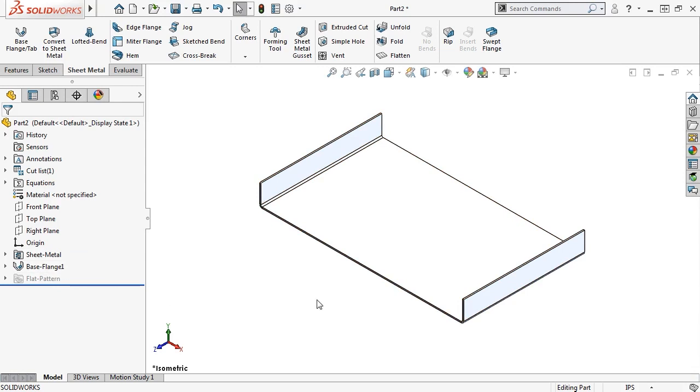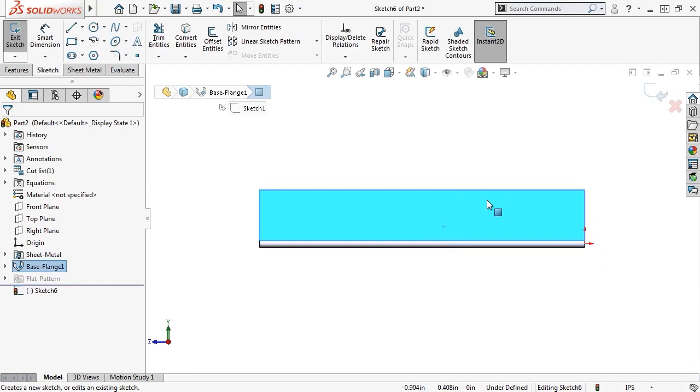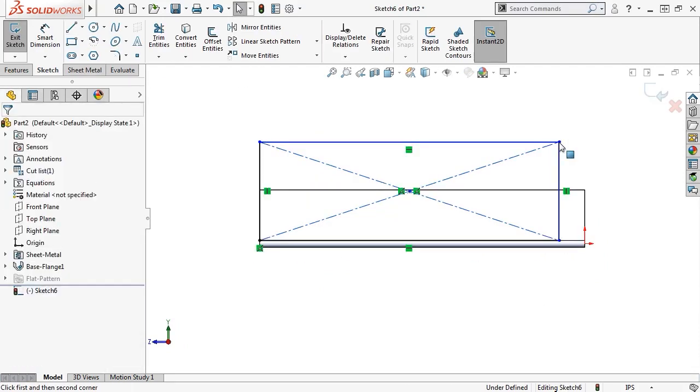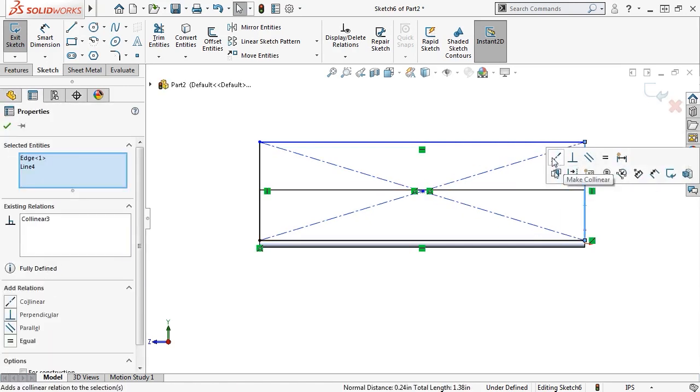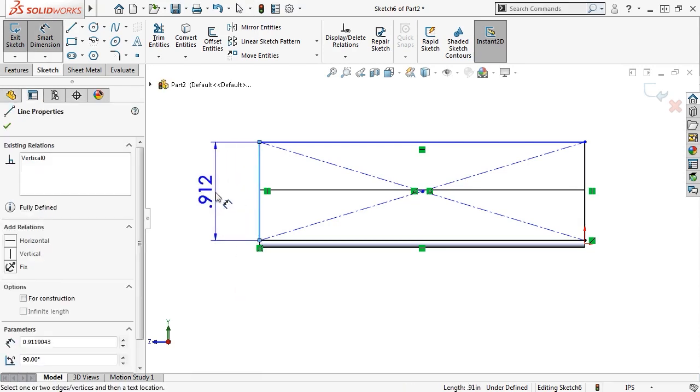For the top cover, I'll start a new base flange on one of the bottom cover's side bends. I'll start a new sketch on it, and I can take advantage of the edges or points on the bottom cover by using sketch relations to define the size of the new geometry. Again, this is similar to top-down assembly design technique, but it keeps things simple by using relations within a single part file. That way, if the bottom cover ever changes size, then this flange for the top cover will update automatically. I'll add a dimension to fully define it,